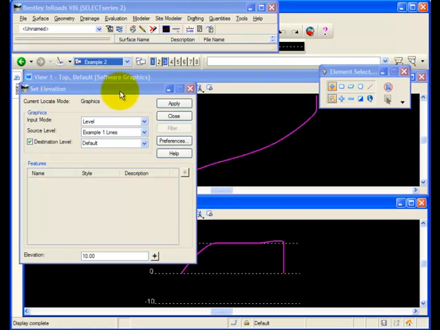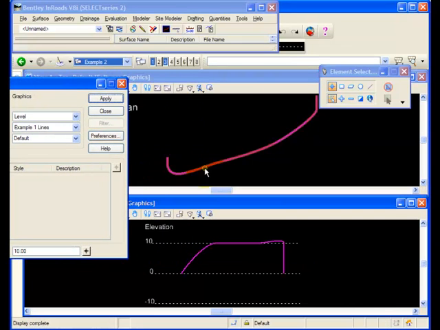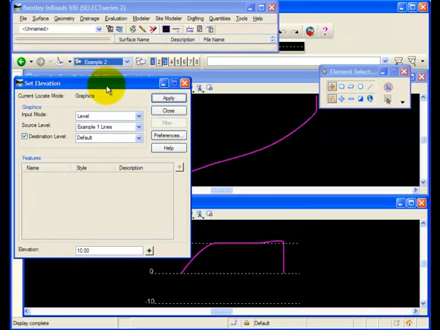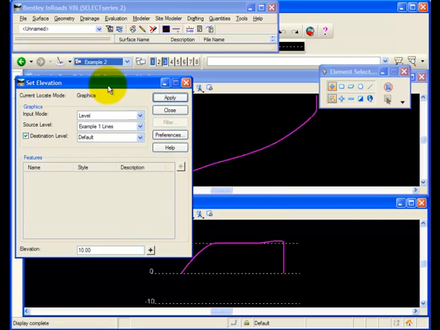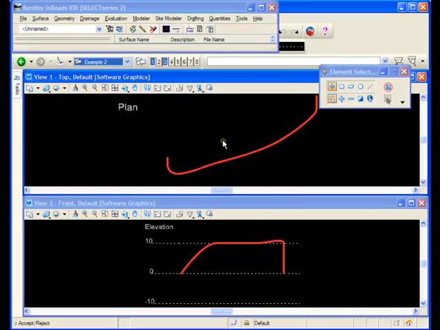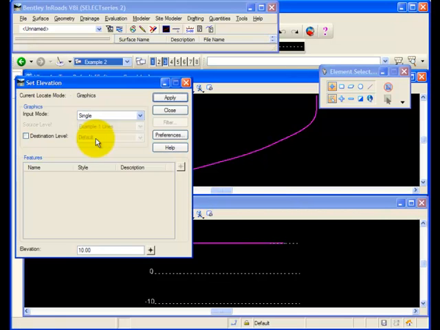And in the next example, I've got a curved string that represents a contour that is placed at elevation 10, except I've got a few problem spots on the end with the end vertices that are spiking down to 0, as you can see here in the front view. I'm going to use the set elevation command, switching it to the single mode. I'll take off destination level and apply, identify the contour,